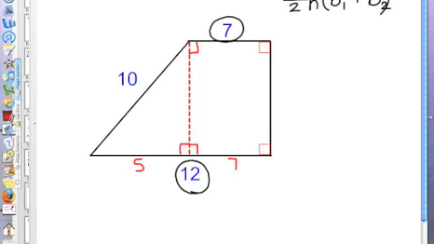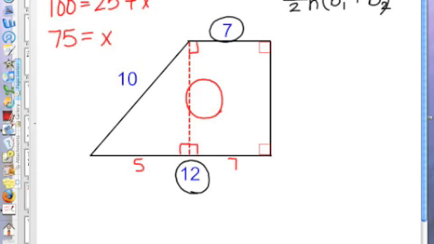How does it help? Now we can figure out the other side. Now I can figure out the height using the Pythagorean theorem. This is my missing piece. I need to know that measurement to be able to plug into my formula. So 10 squared is equal to 5 squared plus x squared. Subtract 25 from both sides, and then take the square root and reduce your radical. You get 5 square roots of 3. And don't stop there, because